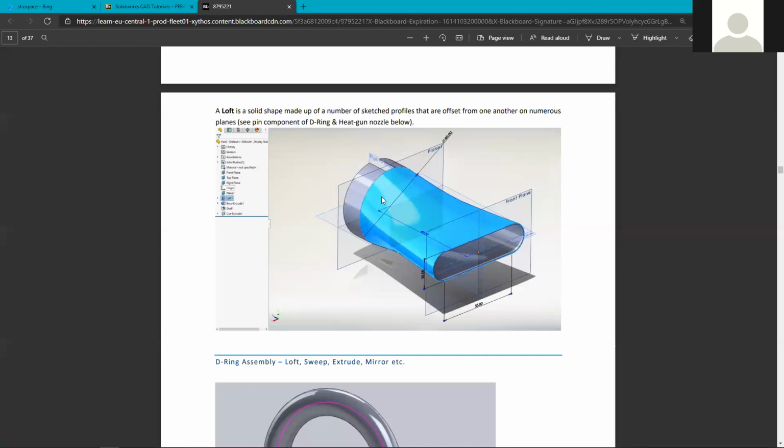So again, it has similarities with things that we've done before, but it has differences as well. And in terms of the setup of the loft, you need three elements. You need two sketches, because obviously you've got to define what shape you want to begin as and what shape you want to end as. But then you need